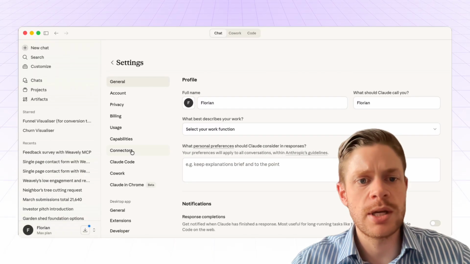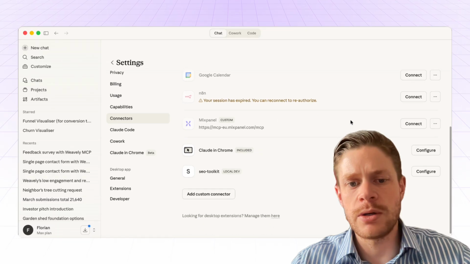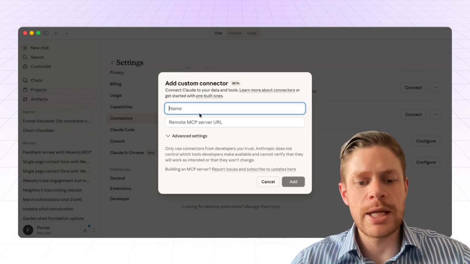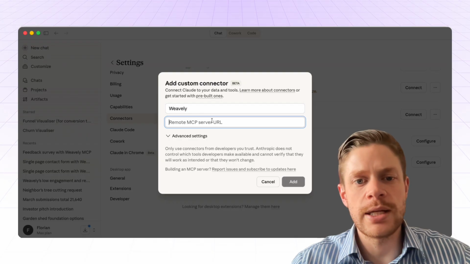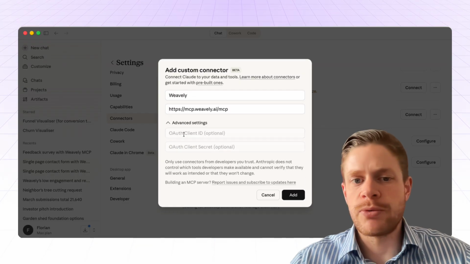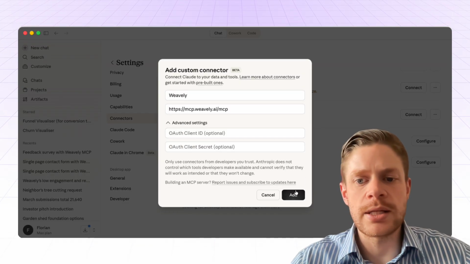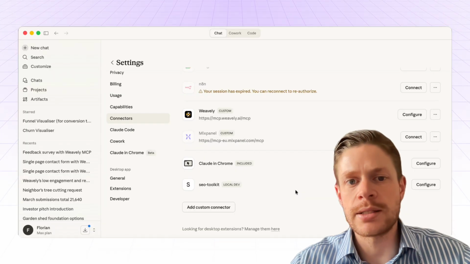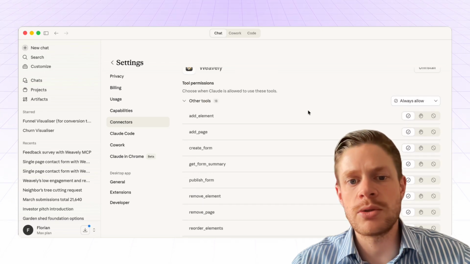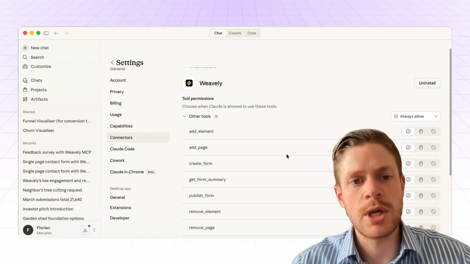So under settings, connectors, under the add custom connector button, you need to give it a name. So let's call it Weavely, of course, and then the remote MCP URL, which is this one. I'll leave a link to that in the comments as well. For the rest, that's it. There's no advanced setting, just press add and it's going to add it to Claude. So if you check the configuration, you'll see that there's a whole bunch of different tools, but we'll run through